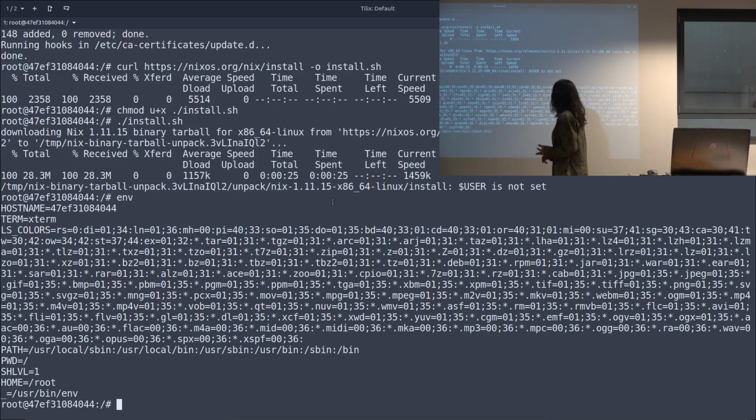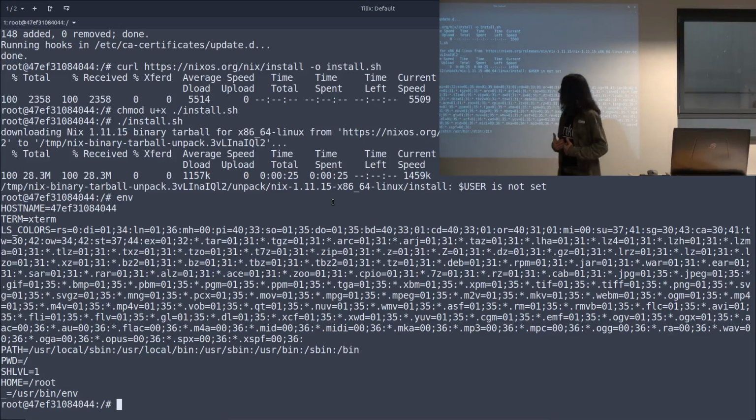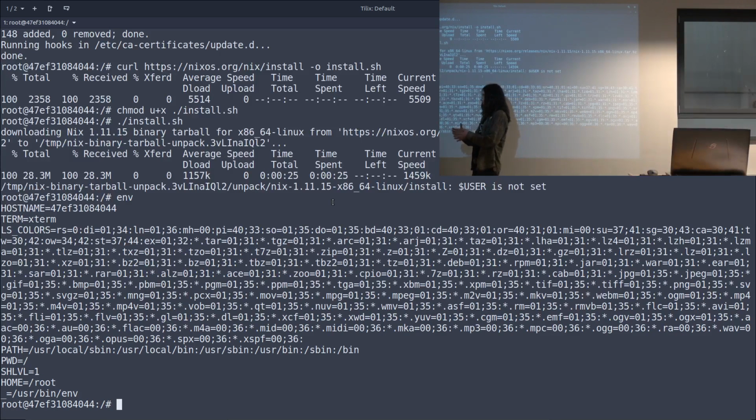And the second is, what if I have an Ubuntu installation and I want to check out how Nix works on it? At first I don't know anything about Nix, so I want to have the same environment inside a container to play around. And also the next point on why Docker containers are important is that a lot of work happens